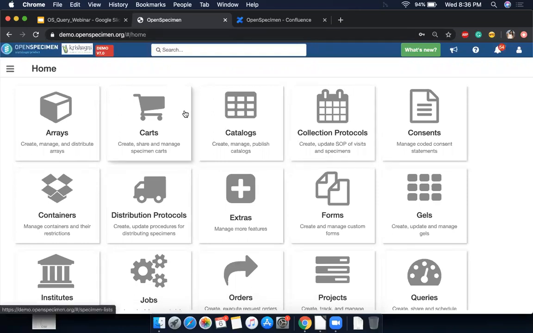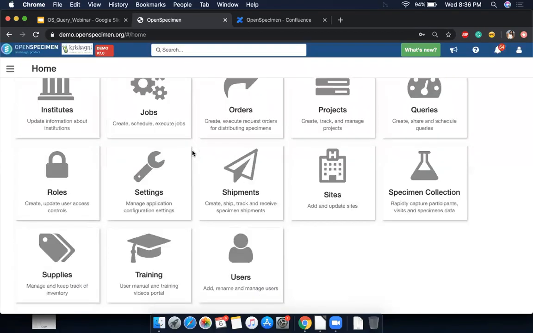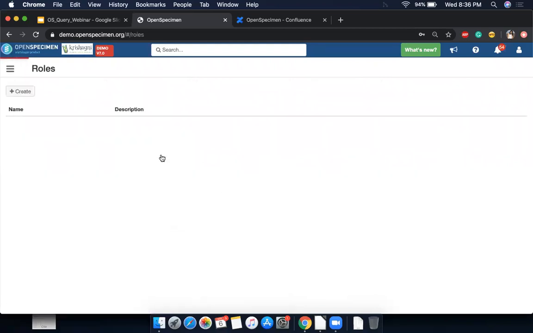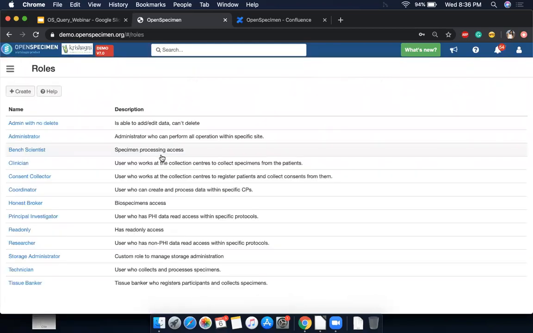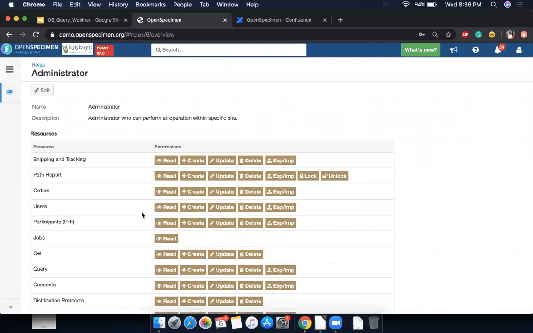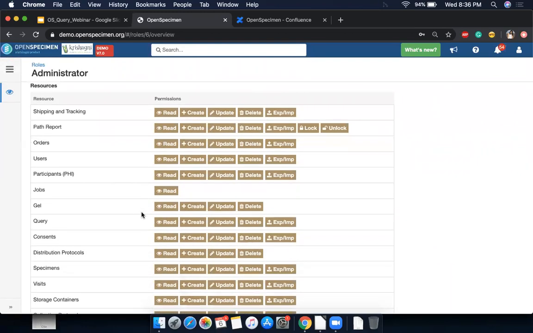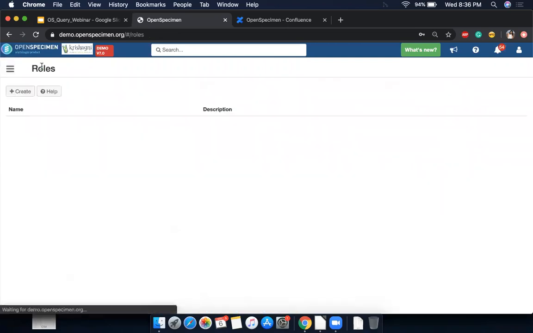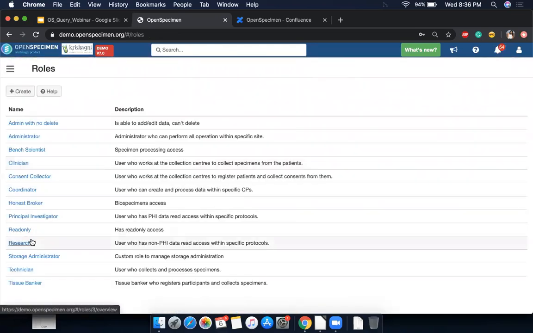So anybody who has access to query data, so in previous versions, in roles, if you had just read permissions on the data, then you could query. But in the recent versions, we have added a new privilege. So if you go to any, say for example, let me go into administrator role. For every resource, you can also give a query privilege, and you'll be able to then assign someone who can do queries on the data.